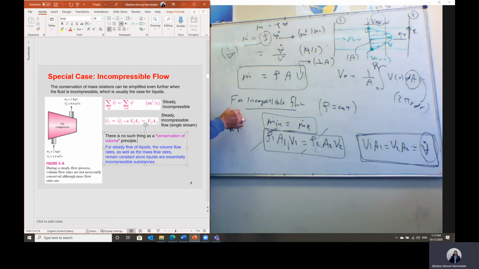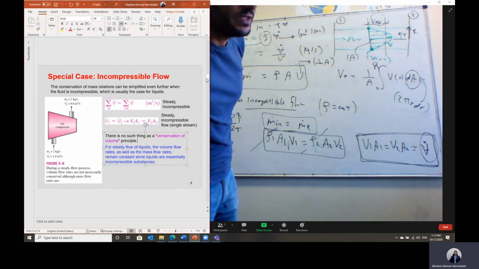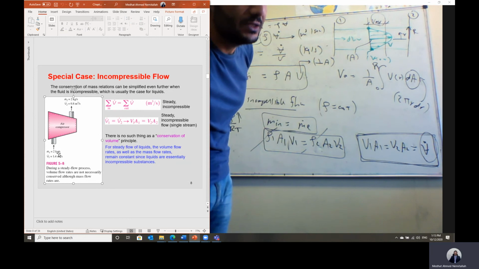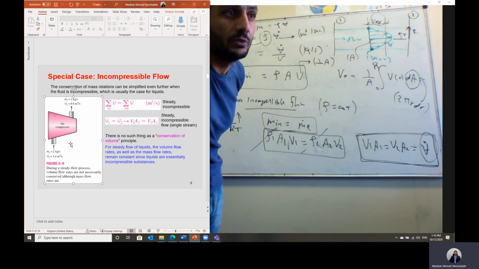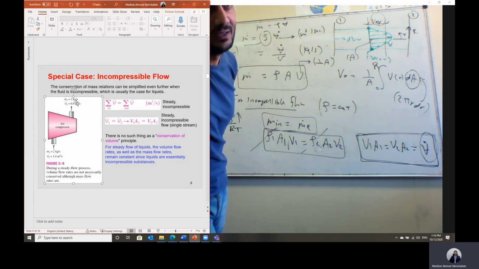The function of the compressor is to raise the pressure. We have input mechanical energy to move the shaft, then we can raise the pressure of the flow. Okay? A compressor is a steady flow device. A steady flow device means the mass flow rate at the inlet section, which in this example is 2 kg per second, should be the same as the mass flow rate at the outlet. We call it the conservation of mass.